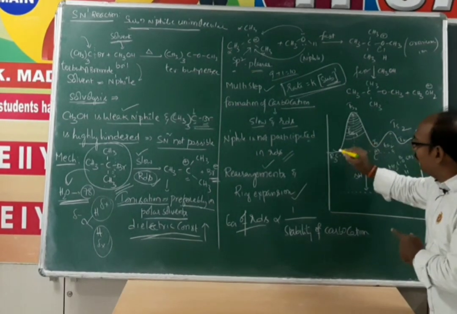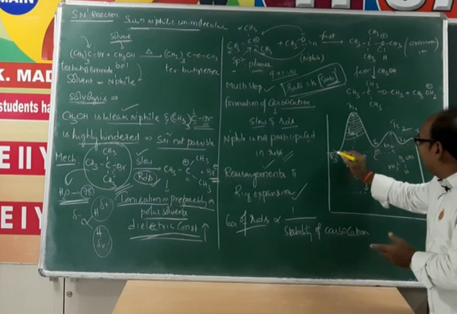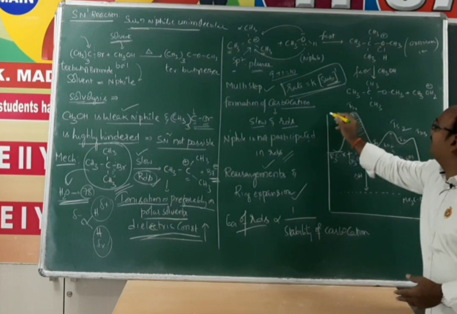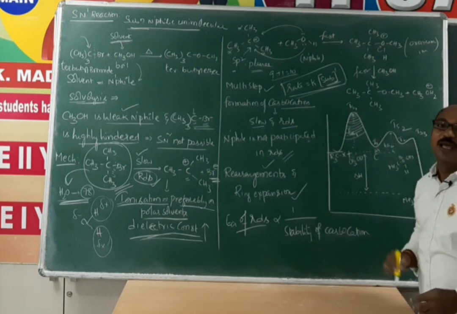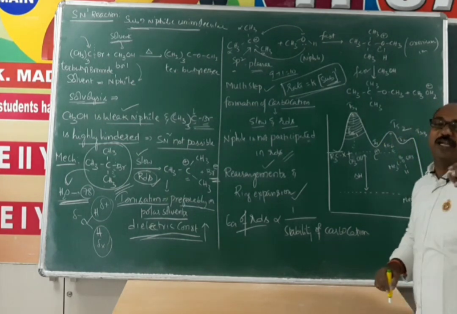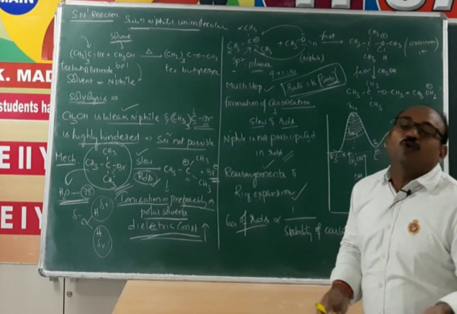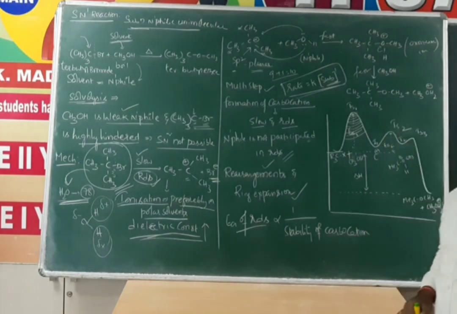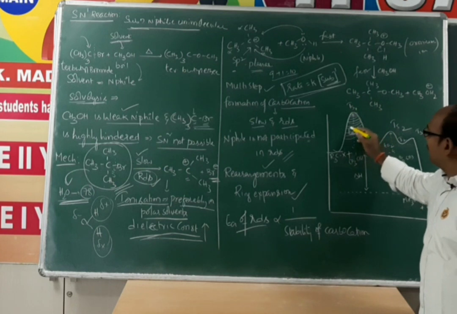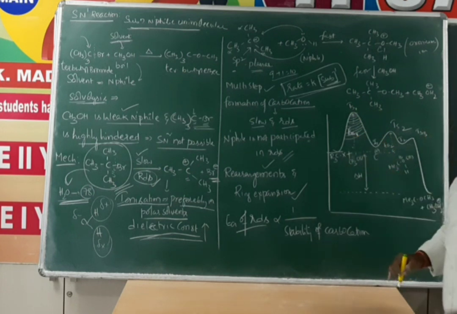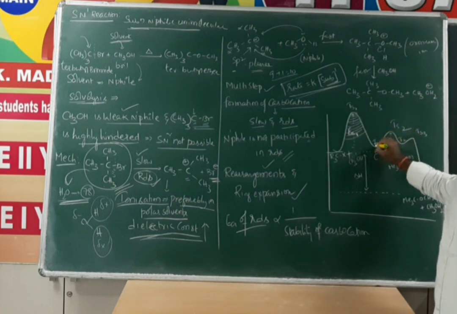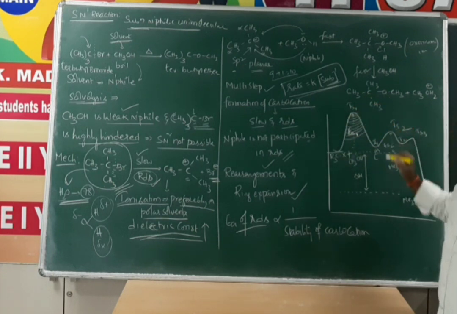So in order to go from here to here, the reactant molecules are not drawn going straight like this. We draw it like this, which means they should get this much energy. This is the minimum energy the reactant molecules require to form products. That we call the transition state. And the difference between the transition state and the reactant molecules' energy is what we call the activation energy. So the first peak is nothing but the first transition state and first intermediate.